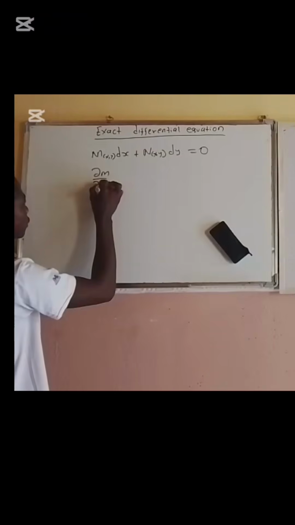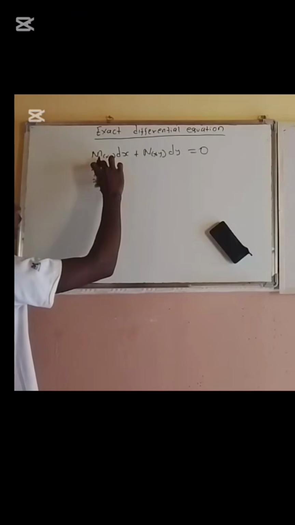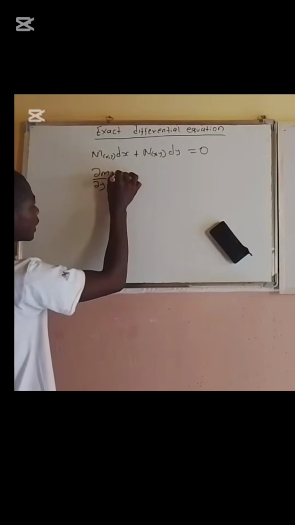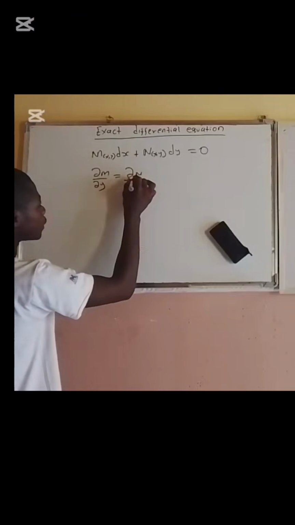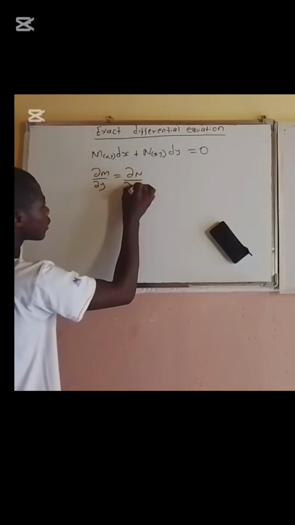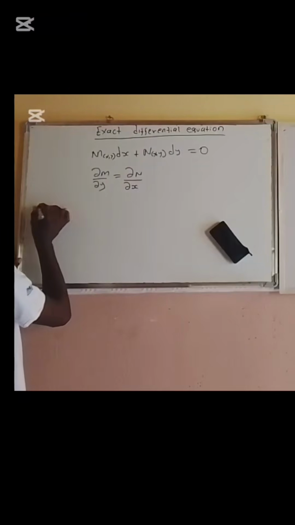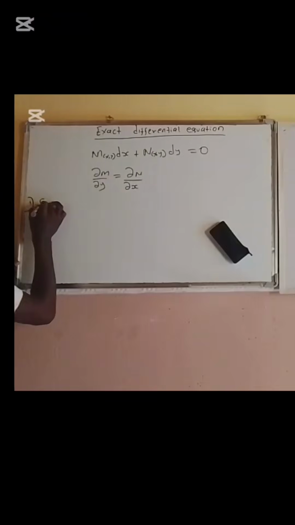The partial derivative of what? The partial derivative of M with respect to y is equal to the partial derivative of N with respect to x. Suppose I am given a question which says, let's say, show that